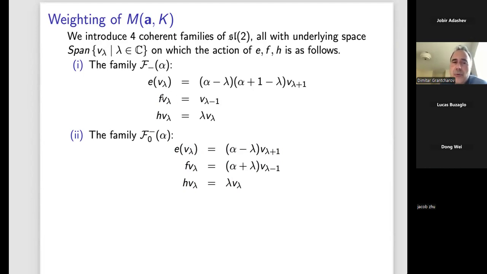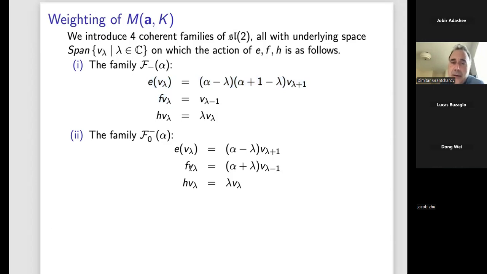And then if you switch the action of E and F, let's say through this Chevalley automorphism, or take the negative transposed, or either way, you have a nice switch of action of E and F. This will result in two more families. So if you switch the action of E and F through, say, the automorphism negative transposed, then E will act injectively.